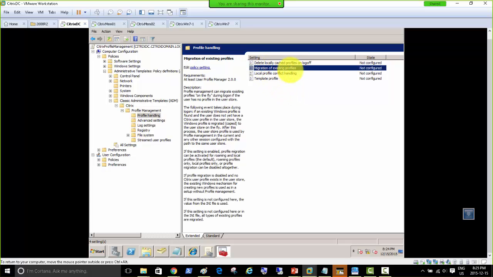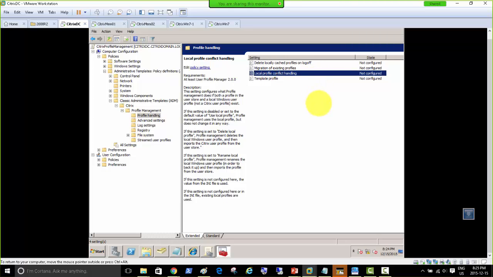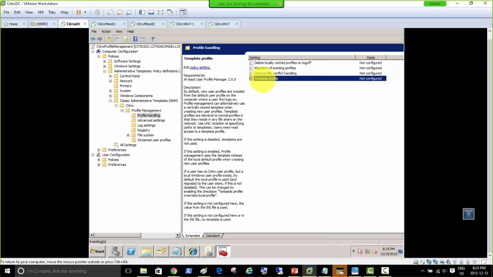And migrating of existing profiles: if you already have a roaming profile or a mandatory profile, there could be a migration of that done if you want, but let's at least prove the basic concepts first. Local profile conflict handling, yes, if there are profile conflicts between local and Citrix, then if you want to enable that, it's gonna solve those conflicts. And template profile, of course, if you have one master template, whenever the user loads, put that background there, a company wallpaper there, as well as